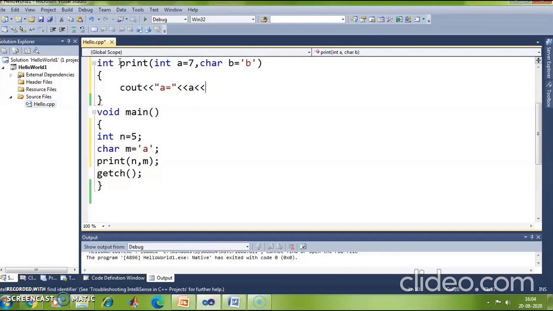You can even mention the space in single quotes because space is one character long. Okay, and then put an insertion operator and print b is equal to, it's a string, so I am giving it in double quotes, followed by the value of b, followed by endl. Suppose you want to take the control to the next line.